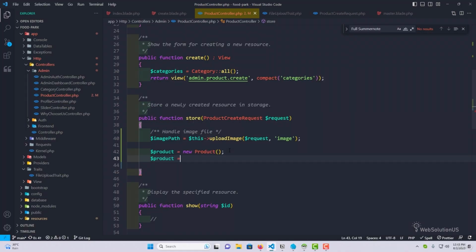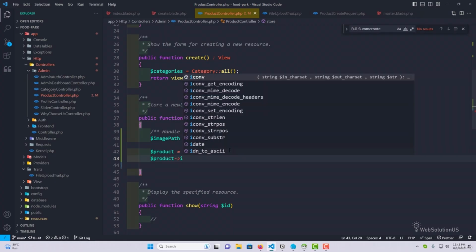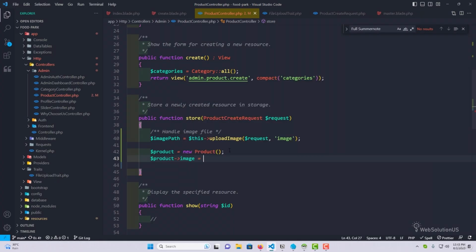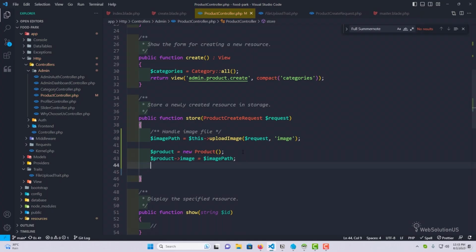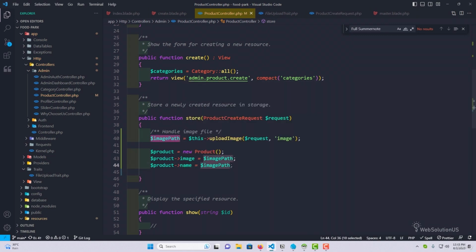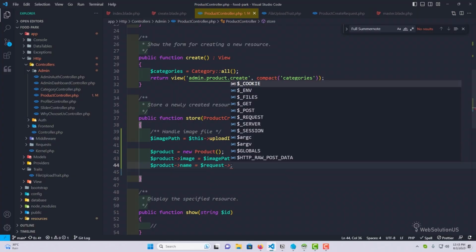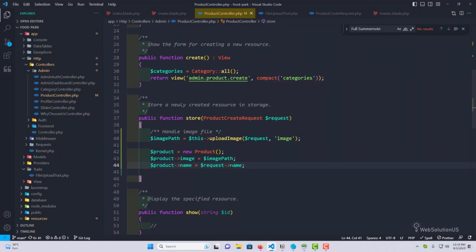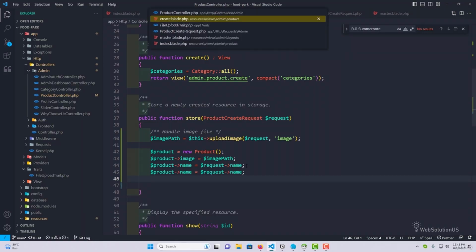Let's call the product, access the image attribute, and what we will do, we will add this variable here, which will hold our image path. That's it. Paste it again. This time we'll be working with the name. We have to store the name. Let's use the request instance. From there we will grab the name of our product, copy it, paste it again. After that, what we have here,